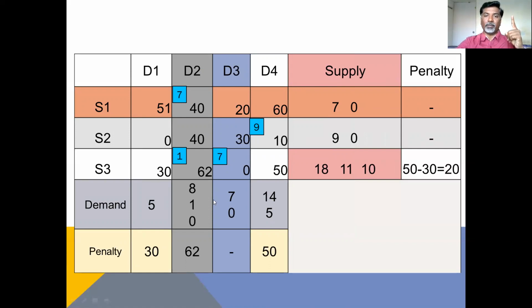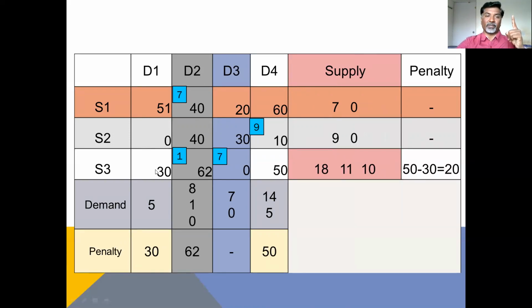We have to check available demand and supply. The demand is 1 unit and supply is 11 units. Which is minimum? 1 is minimum. So we have to allocate 1 here and subtract 1 from demand as well as supply. So we will get 0 demand and 10 as supply. When this becomes 0, you have to ignore this particular column also.